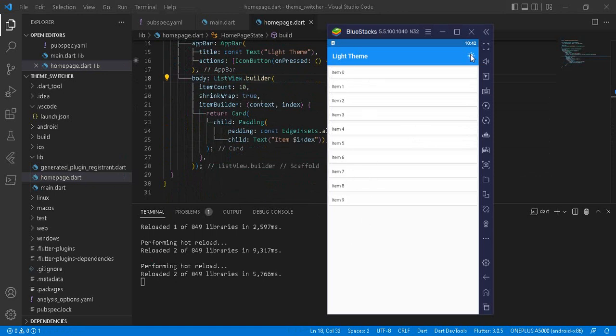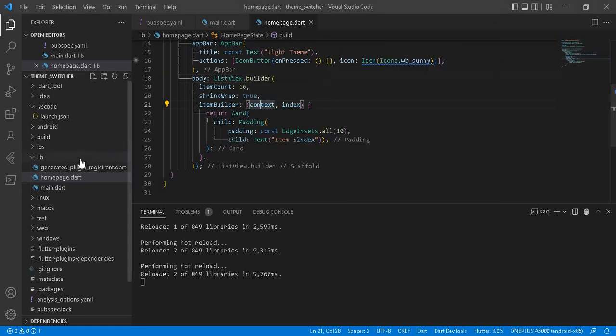Now when clicking this button, we are going to change the theme of the application. For that, we have to make the models, and also we are going to save this theme in shared preferences, so that when coming back to the application we can have the same theme that we have chosen before. Right, let's create the new class for that,